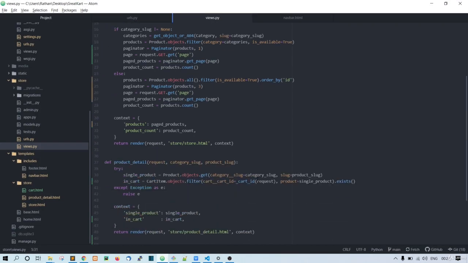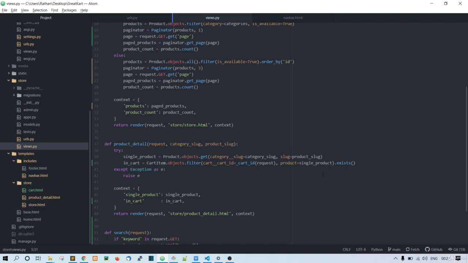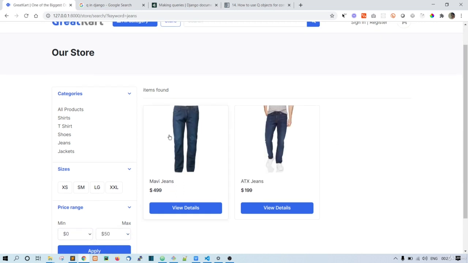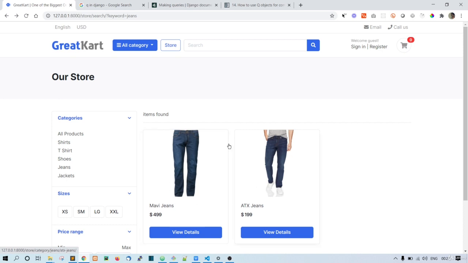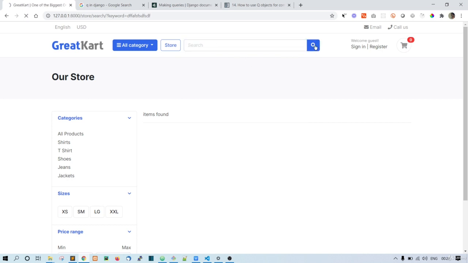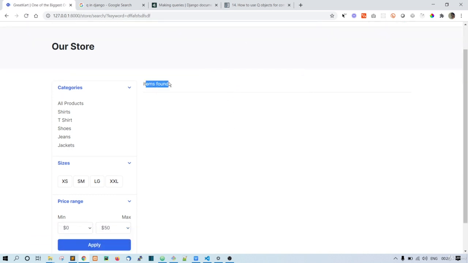So we want this function to be working now. Let's refresh, go to the search and find jeans, and now you can see the query is working fine. Now if you try again, let's say some blah blah and 0, it should be 0 items found, and